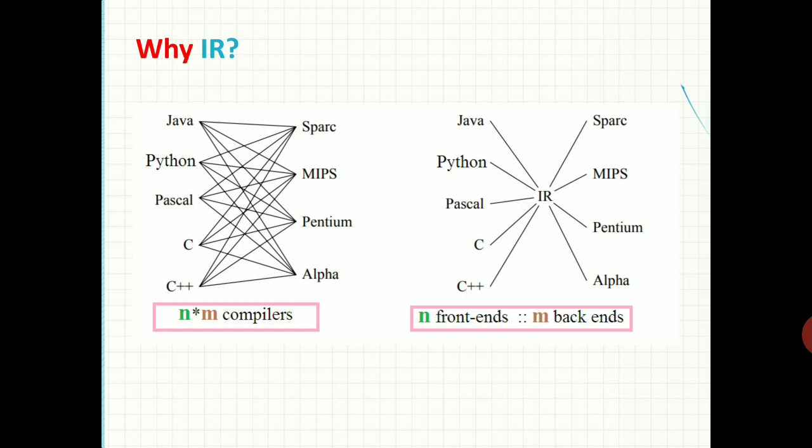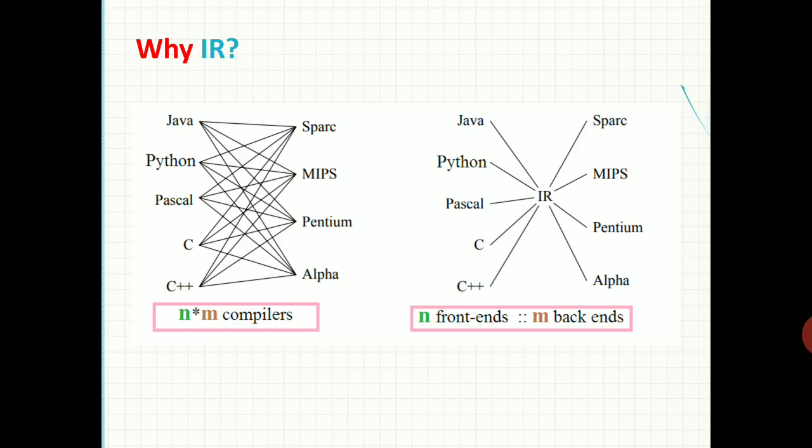If we generate a compiler for a particular language for each and every platform, it is very difficult. Here we have Java, Python, Pascal, C and C++, that is 5 languages, and 4 platforms: Sparc, MIPS, Pentium, and Alpha.